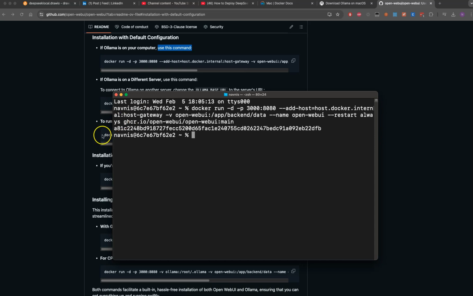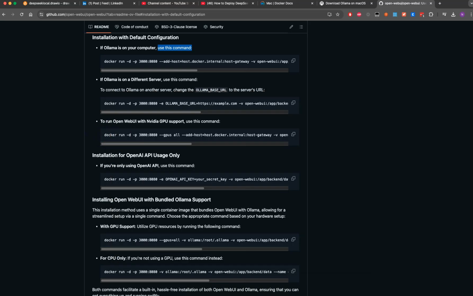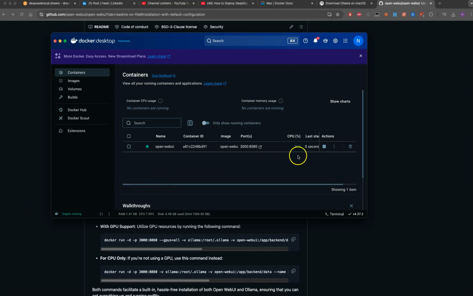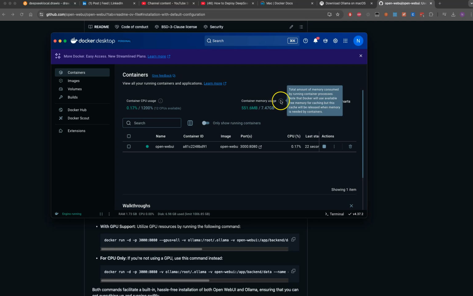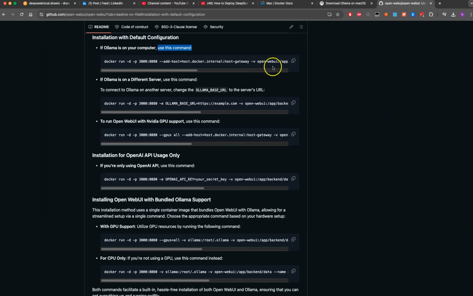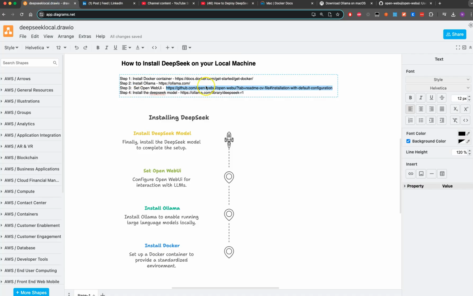Cool. So this is done, and let me see. Yeah, see here, I'm able to see it now running on my Docker. Okay, cool. This is how much RAM it requires, this is the container memory usage, and this is how much CPU, etc. So the next step is we will be installing